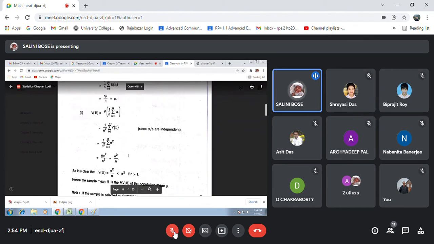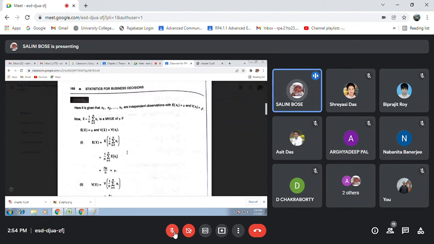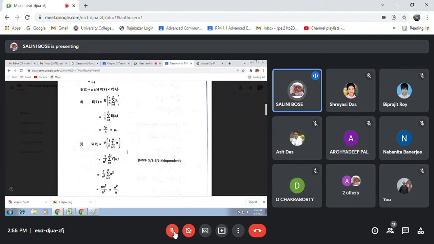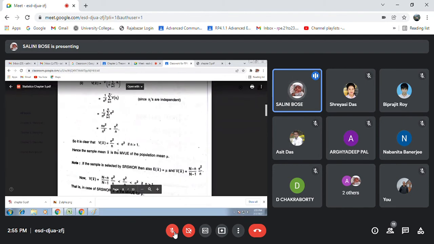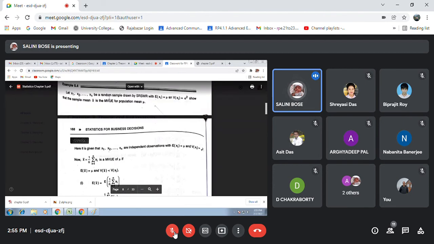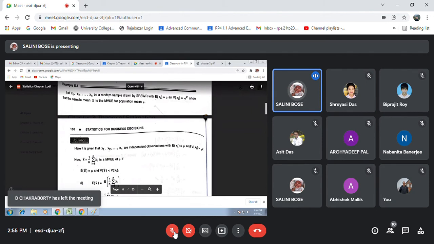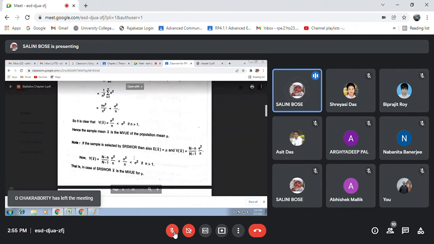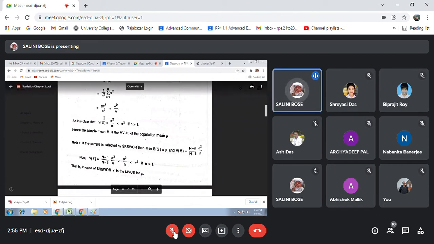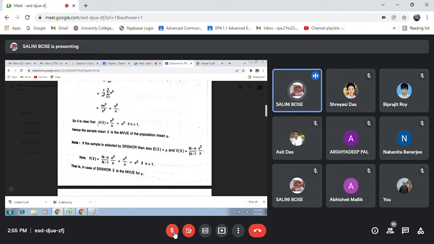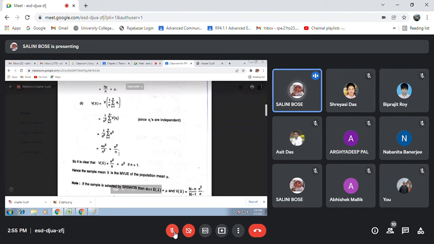Now, how can you say this is minimum variance? For unbiased, it is okay. MVUE full form is minimum variance unbiased estimator. This is an unbiased estimator, it is okay. But how can you call it minimum variance? To be minimum variance, just see how to find out the minimum variance. Your estimated sample variance must be less than. So from this formula, V of x bar equal to sigma square by n,